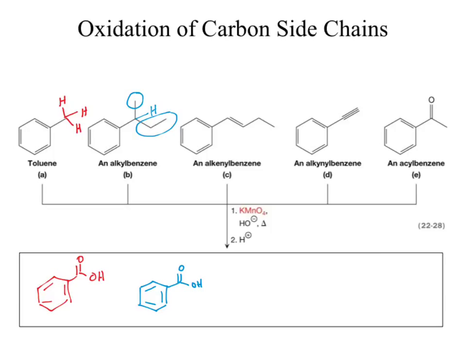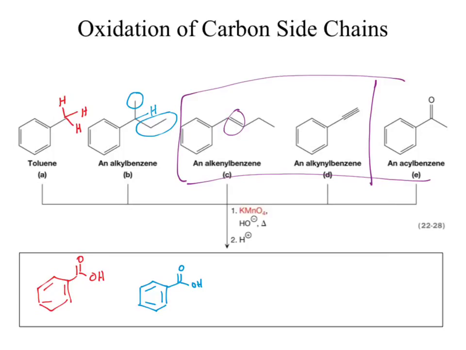When it comes to the next sequence, in fact, I would say the middle two, your alkenyl benzene and your alkynyl benzene. Both of those, you should know, go to a benzoic acid using permanganate, because that is doing the oxidation of that alkene, or that alkyne pi bond. So you've seen that one before. The last one I would say is actually a new addition,